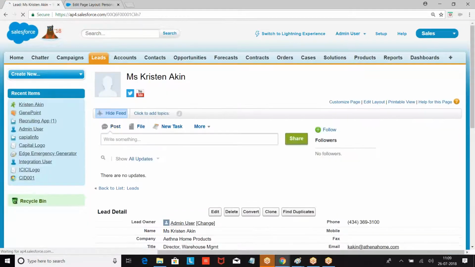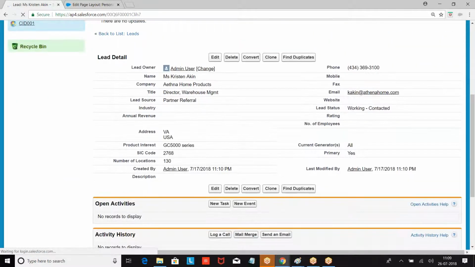Open any one of the records. This is called the detail page, after the record is saved. Every object will have how many pages? Home, edit, list view and detail. Home is the page you get when you click on the tab. Edit is when you modify the existing record or try to create a new record. Once a record is saved, it is called the detail page of the record. If you want to see the list of all records, list view page. I hope you are clear.